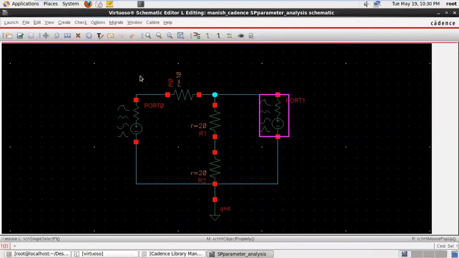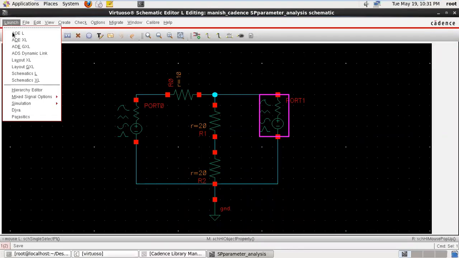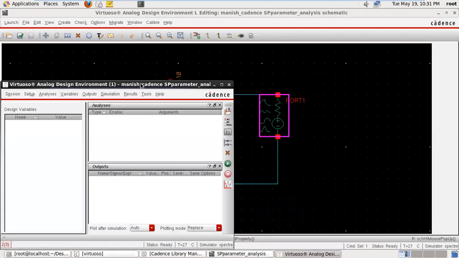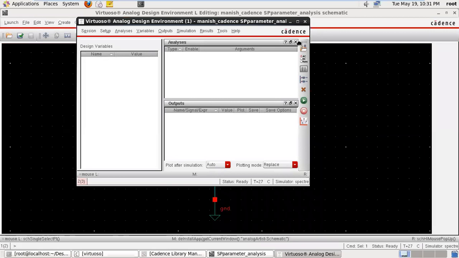Now just launch the ADE window for S parameter, because S parameter is always measured with respect to frequency. It represents the power flow, and power flow changes as the frequency changes, because reflection will occur.